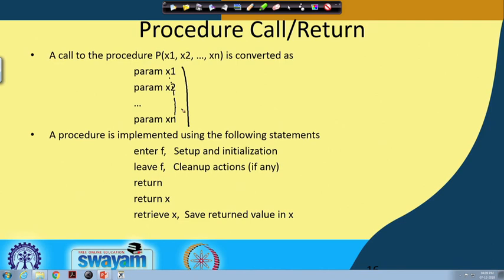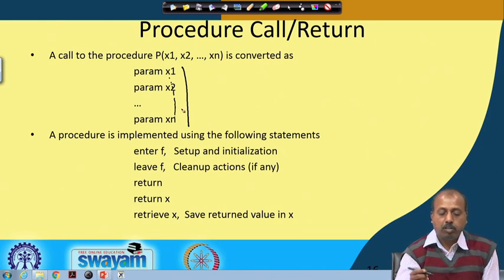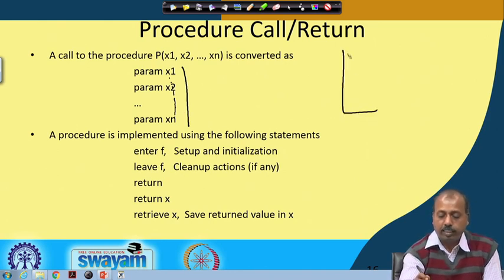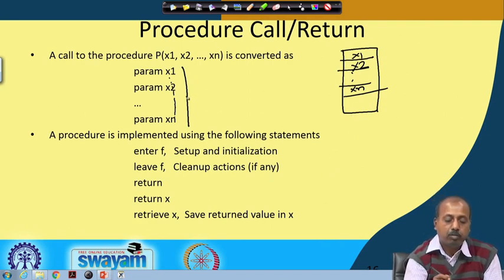Once these parameter statements are found, the compiler will know when it is generating the target code that an activation record will be created, and these are the parameters going to be used in it. When the activation record gets created, x1, x2, up to xn will be given space. So you will know how big an activation record you need to make once you know the parameters.